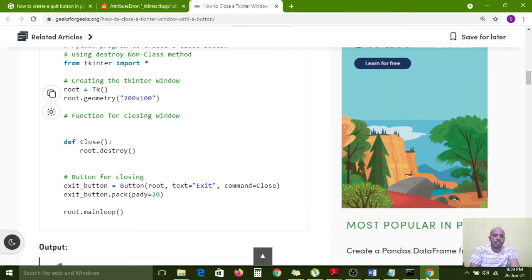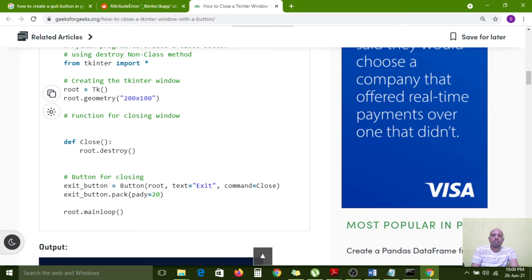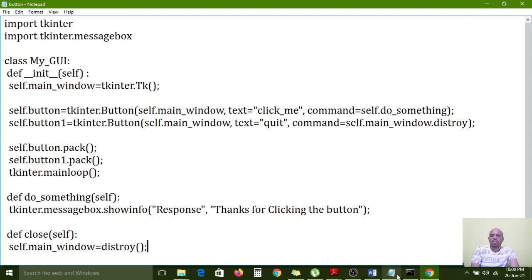So here I have separated the code destroy. Now I am calling this. Now I am calling here command.close. Sorry, here c is the small letter. Now check.